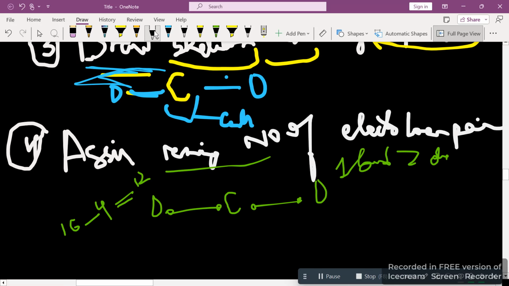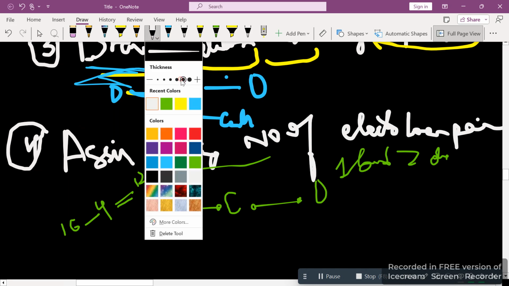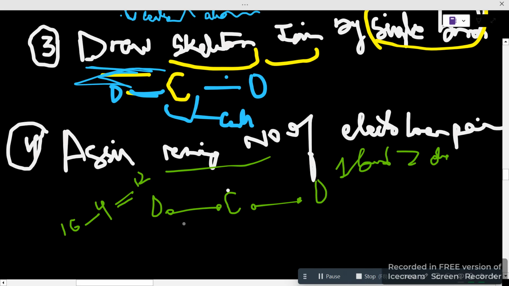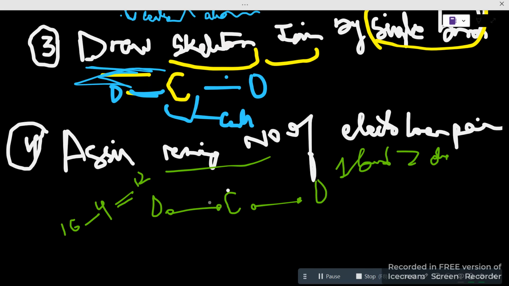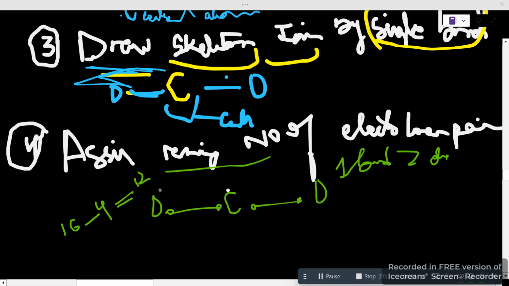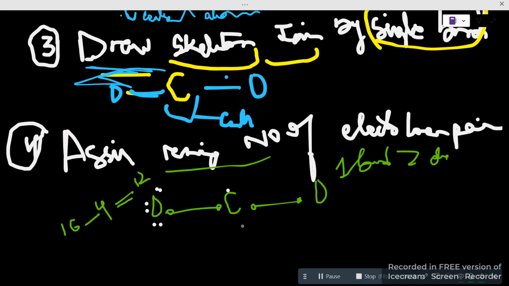The lone pair and bond pair concept is very easy. The electrons which participate in making a bond are known as the bond pair, and a lone pair is one which does not participate. This is a simple concept, and I also made a simple video on it. So if I make this, there are still electrons remaining to be given. So 1 electron, 2, 3, 4, 5, 6, and 6 on this one side as